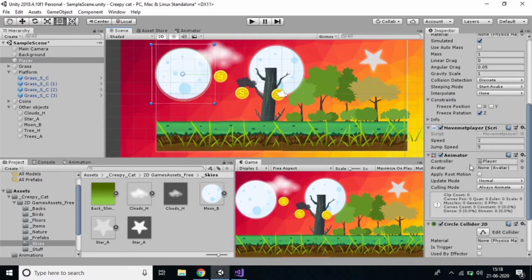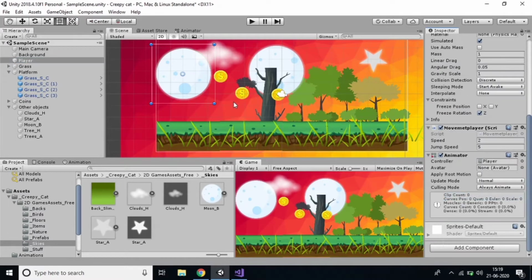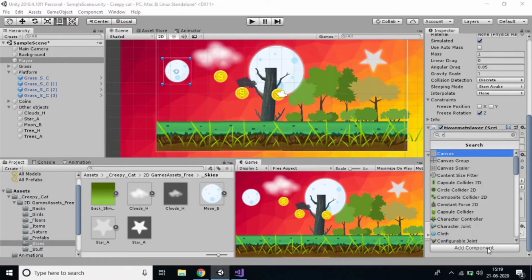Sorry, just Control Z. I think before adding the circle collider you can reduce the size, then it's better to add. I think this is the player. So now add the component which is circle collider.